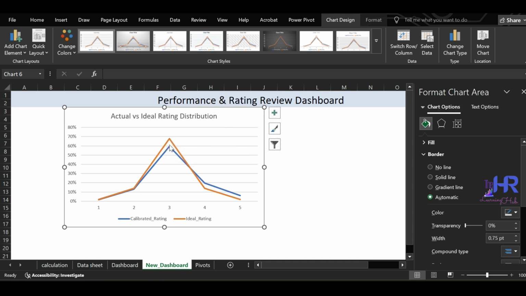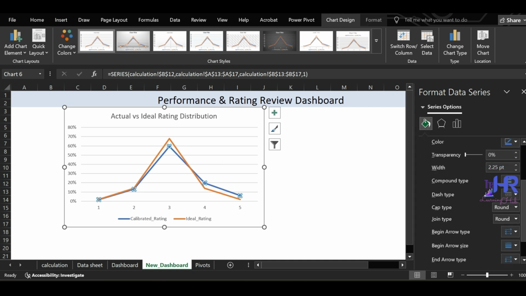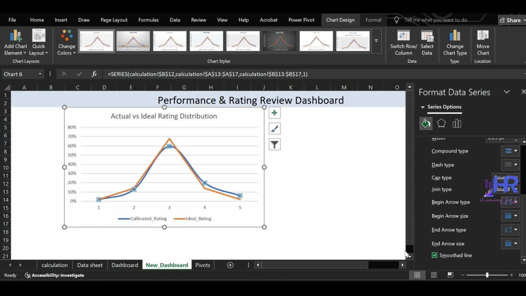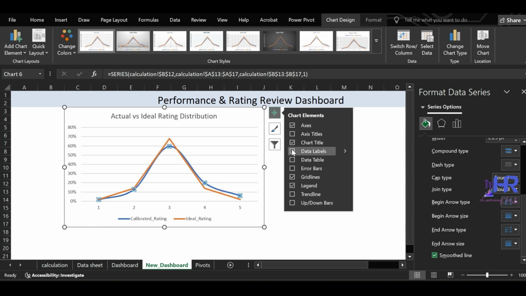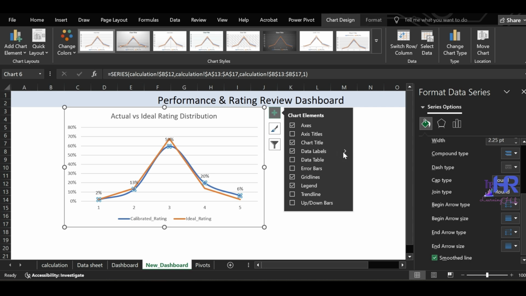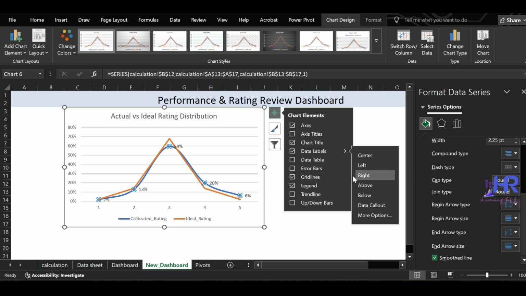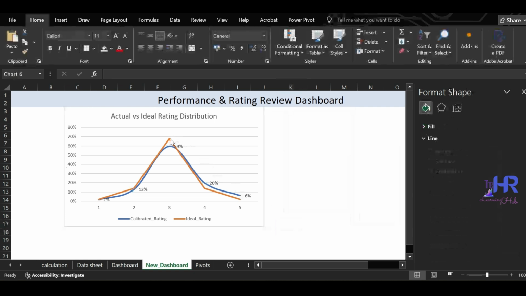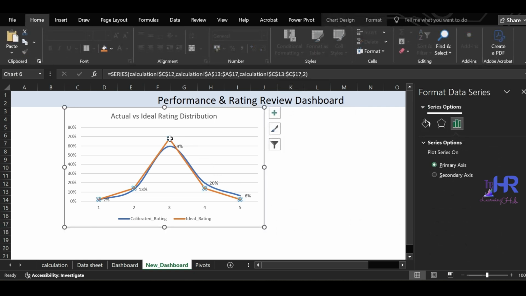For calibrated rating, if we want a smooth line, we can come to fill and line over here, scroll down towards the end and select smooth line. Now we have a smooth line for this. Let's give a data label to this, to the right. Now for ideal rating, you can either have a similar smooth curve like this,